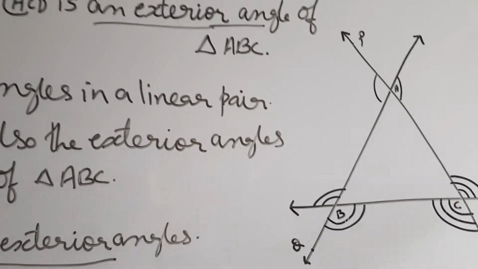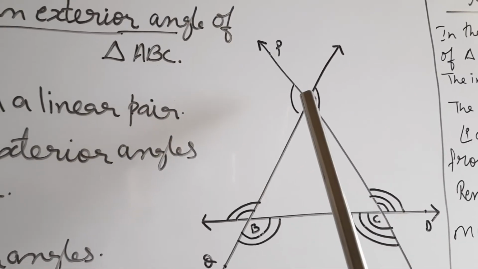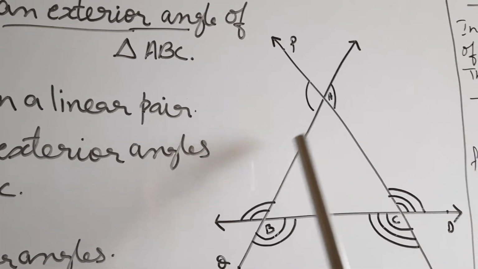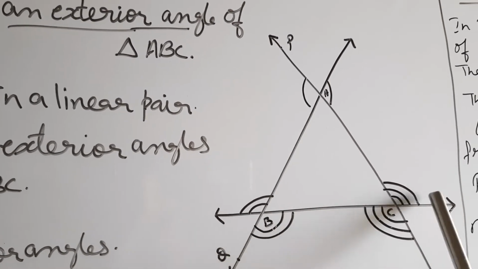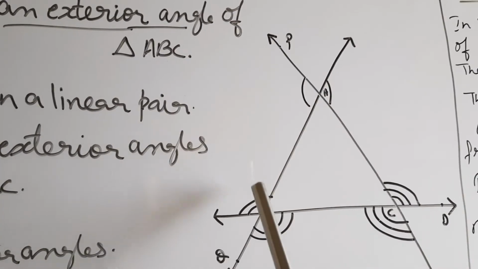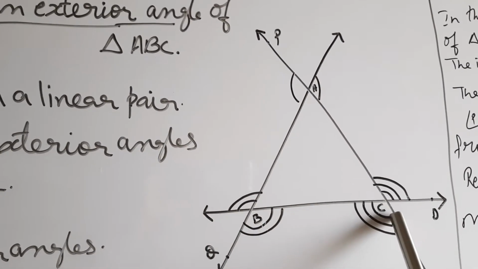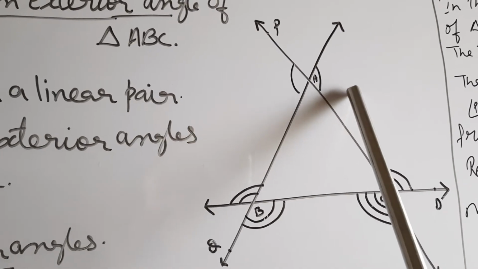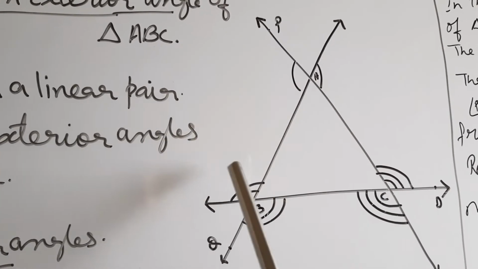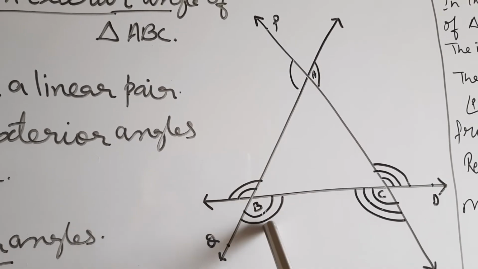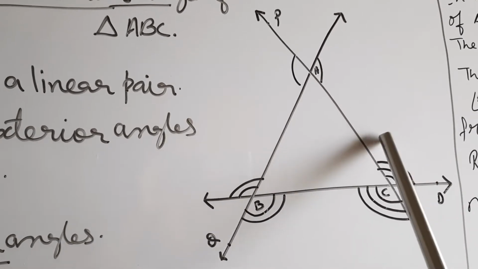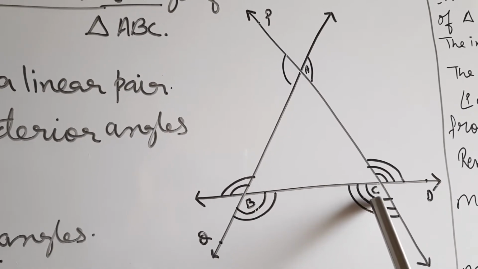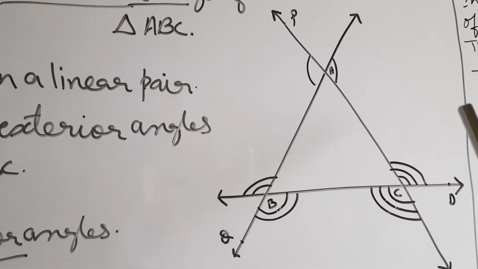Also with the marking, children, you must have understood. See here at point A, I have marked this as first angle, second angle, third angle. You can see one line, here 2 lines and here 3 lines. Now see, this is vertically opposite. Okay, can you see vertically opposite? Here these angles are vertically opposite to each other, as well as these two are vertically opposite. Now we go on for the next.